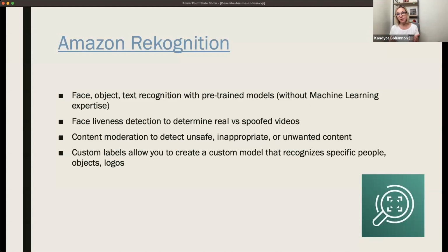So some of the key things that are happening behind the scenes there, we have Amazon Rekognition, and that does facial detection, object detection, and text. You don't have to know anything about machine learning. You can just send it an image within the AWS console. I'm going to give you a few links later, but you can just send it an image and it can automatically recognize a few things. What typically comes back, like if it was to take a picture of me right here, like this screen that we have right here, it would probably just say like woman, 70% sure, or whatever. I think maybe more sure than that, but it would only tell you what it thinks it sees and